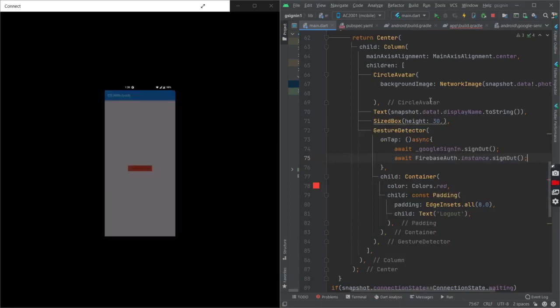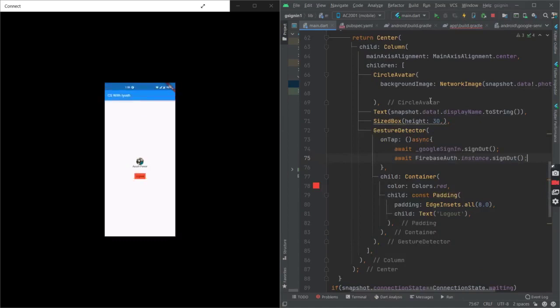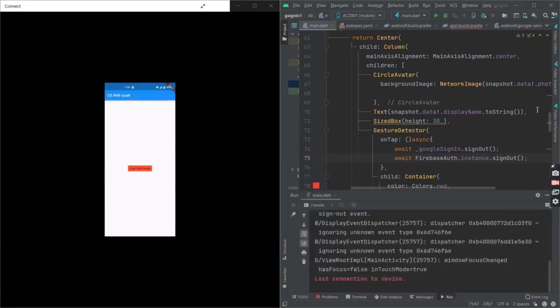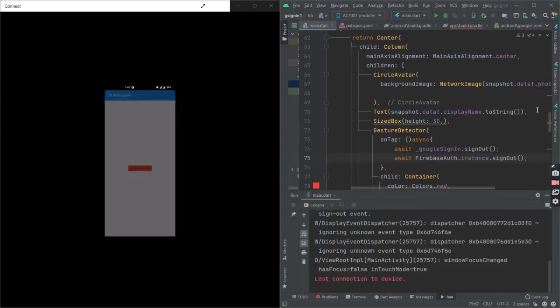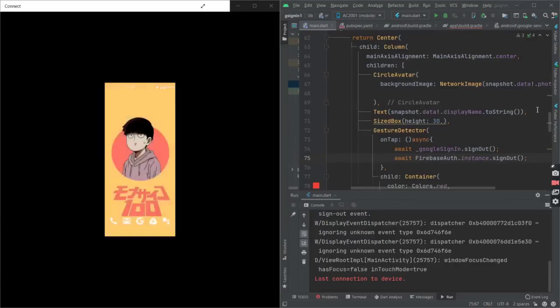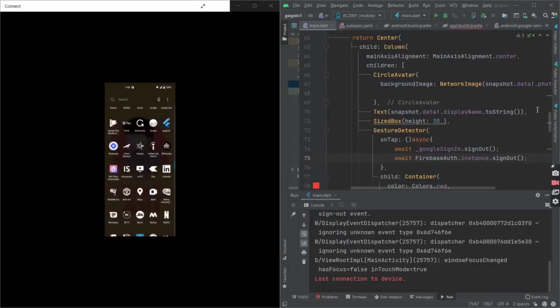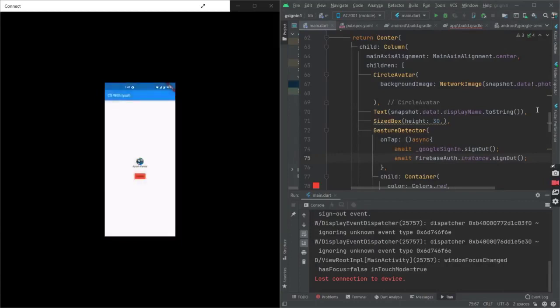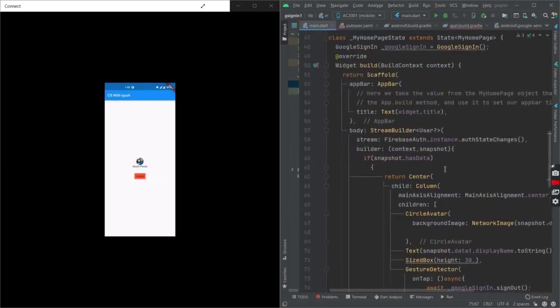Let me log in again. I'll select the account, logged in successfully. Now logged out successfully. Great. Now the next step would be to check if the data persists if we kill the app or not. So suppose I log in with Google and I select an account and I have got my details, right? Now suppose I kill this app from my recent memory, and now if I try to open the app again, you can see I'm still logged in.